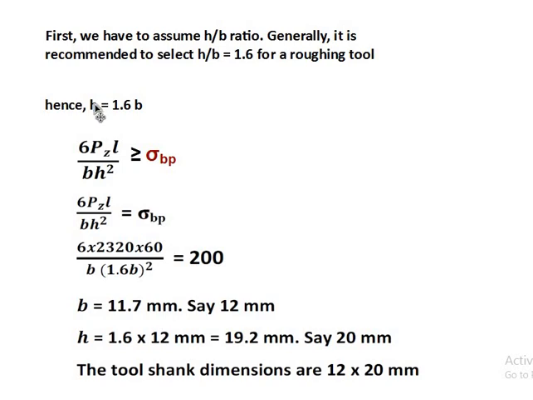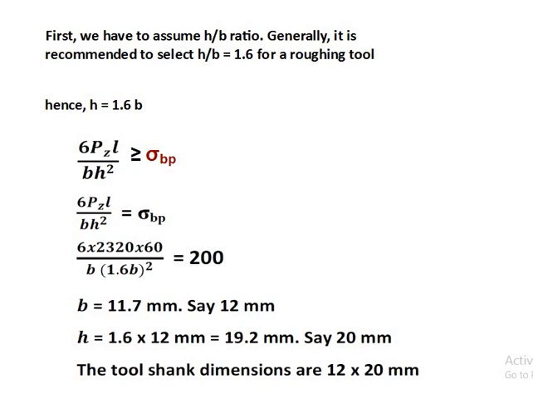Now substitute H is equal to 1.6 B. B we already found as 12 mm. So 1.6 into 12 mm is equal to 19.2 mm, say 20. So B is 12 and H is 20. Now consider the tool shank dimensions are 12 cross 20 mm. So we found that the tool shank dimensions are 12 cross 20 mm. Whether these 12 cross 20 mm tool shank dimensions